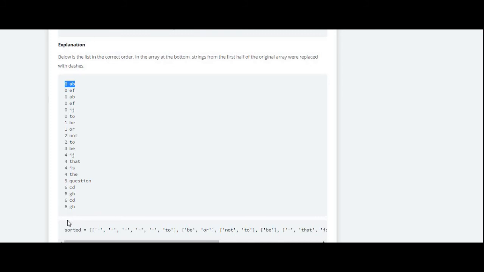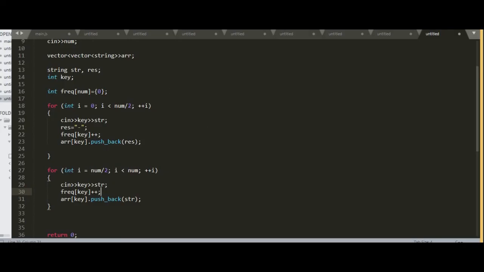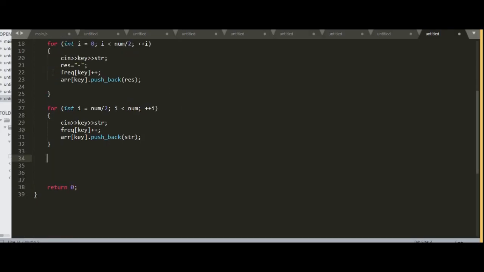So my frequency array would look like, for the 0th index it would be 6, for the first index it will be 2, then 2 and 1 and so on. So we can print all the values. Okay. After this we would be printing the array.